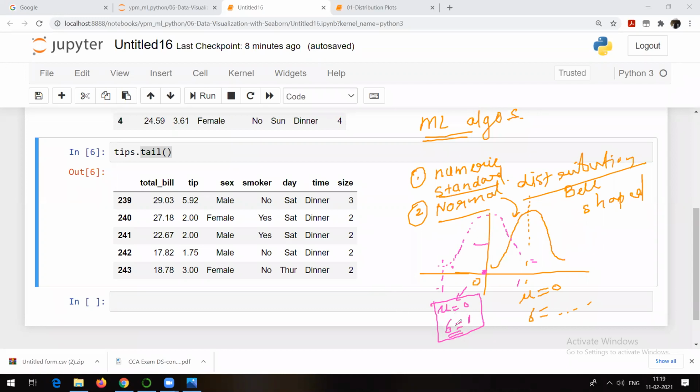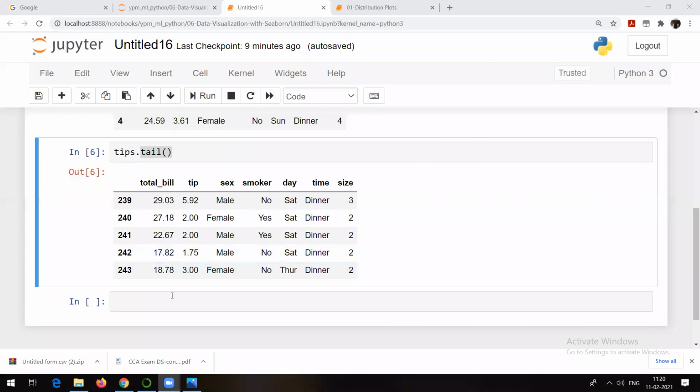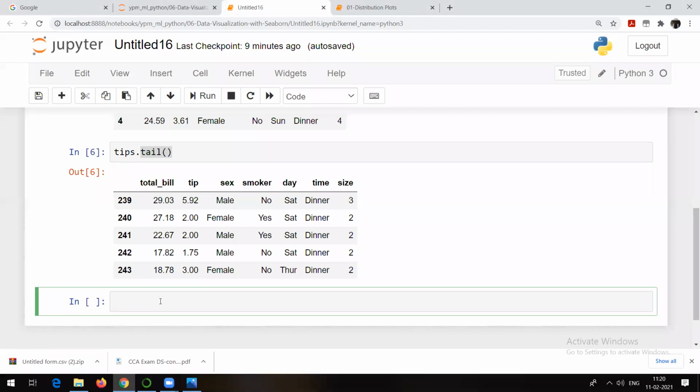Anyway, I will try to go to those points also when we get some time. I will try to discuss those basic things also, right? But as you are already from a statistics and mathematics background, I hope you are aware of all these things, standard deviation and probability. The point here is to always remember these two things. The point of discussing this particular distribution plot is that it is going to help us understand how the data is distributed in a particular column.